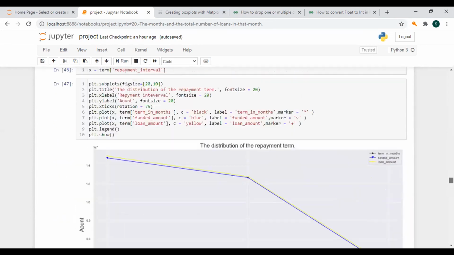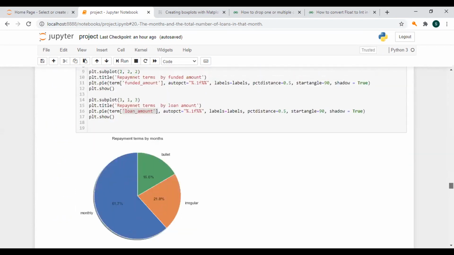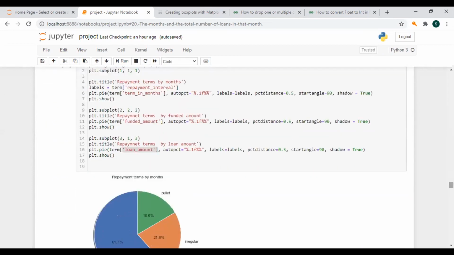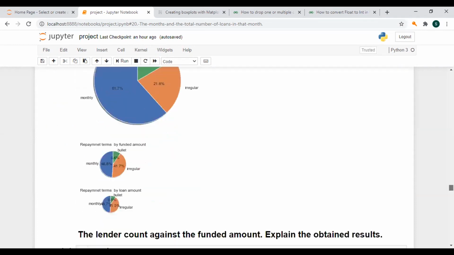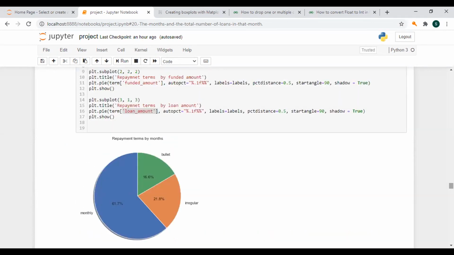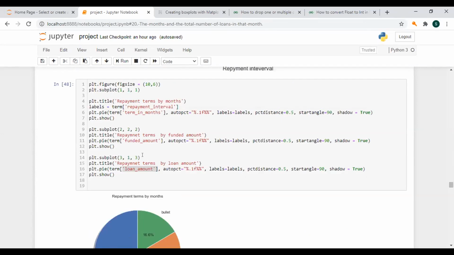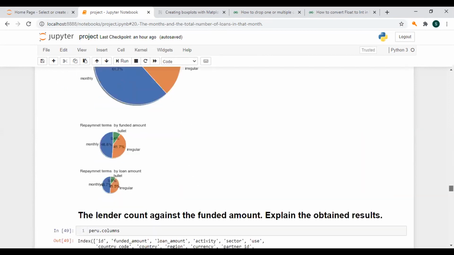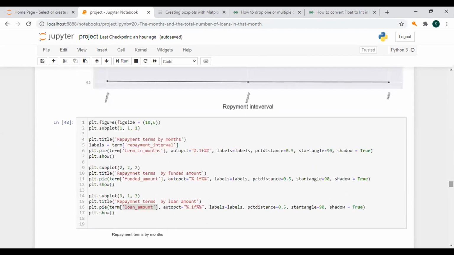On visualizing this, first I used a line plot, but it was not giving it out more clearly. Then I went ahead to do it with a pie chart. I wanted to have all these things on the same canvas, in the same row, but I don't know where I got lost here with the plt.subplot. Maybe you'll explain that for me, because they are appearing in a single column, but I wanted them to appear on a single row. Maybe I'll consult you later for that.